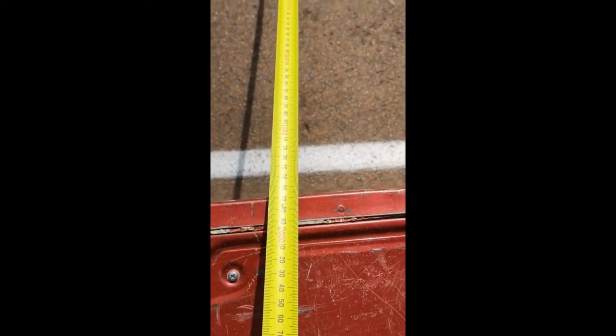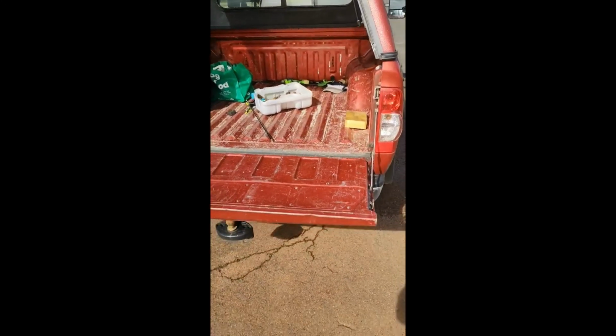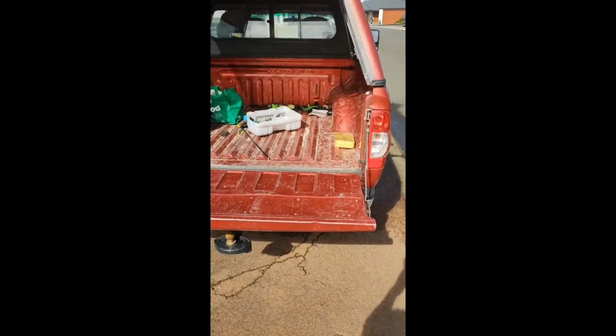about 2 meters long, which means that 2 meters will not fit into here, so I'm going to have to chop it in half and make some kind of hinge. Okay, so